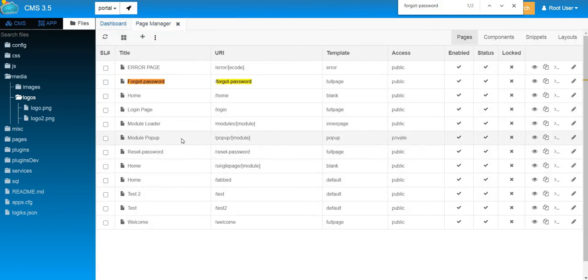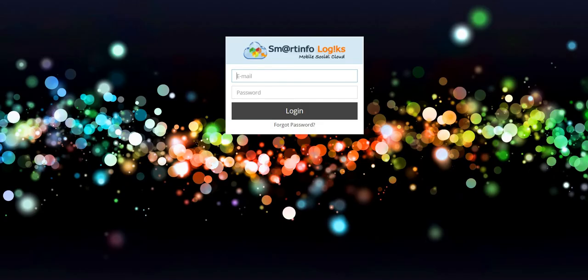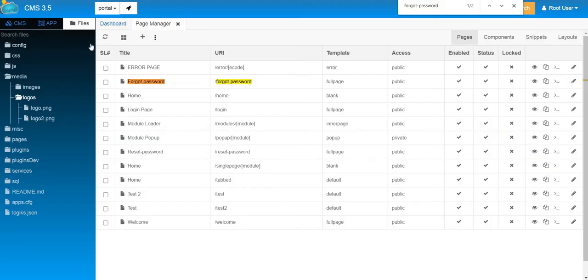If you want to load any module inside your page, you can use load module as a function, which you will get on the GitHub. I will mention the GitHub link in the description box. Now, once this is done, let me show you one more thing inside the page.